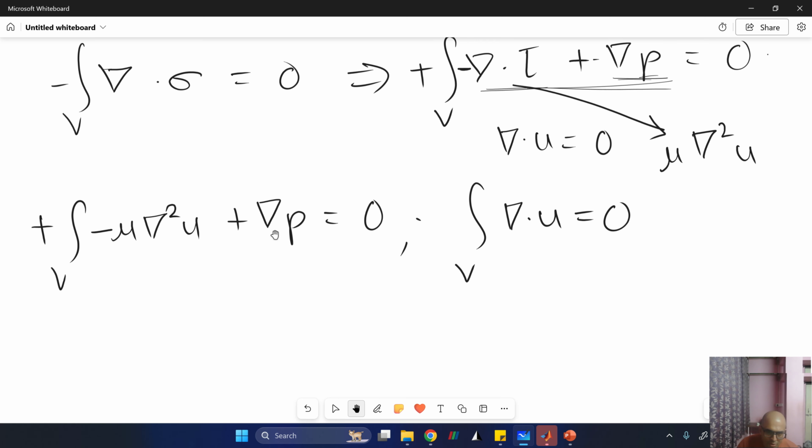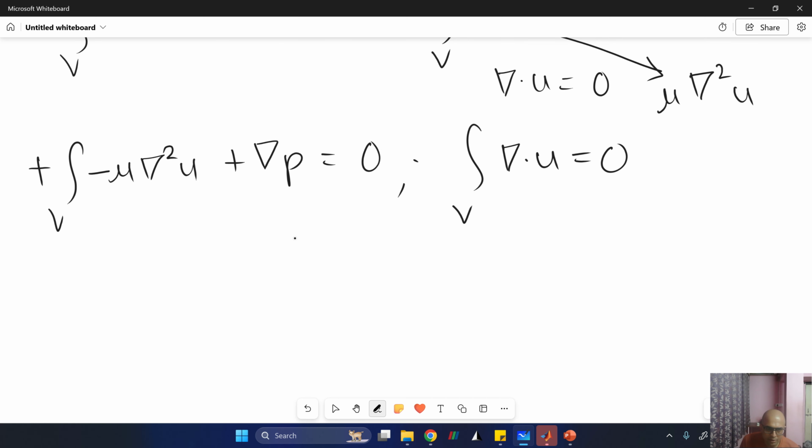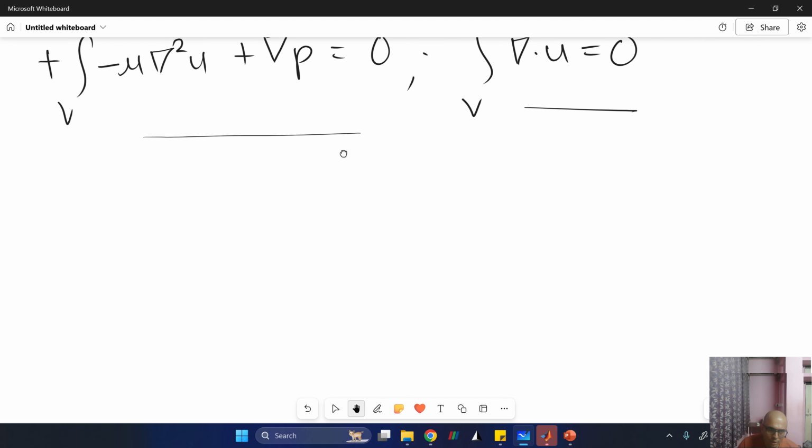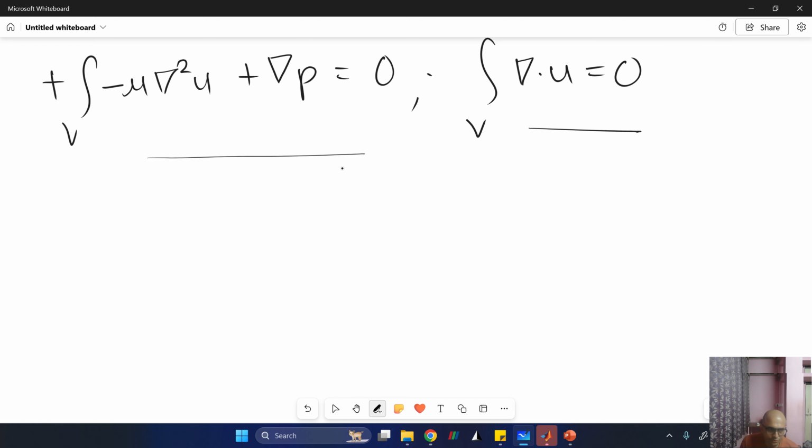So these are our two equations. Since this is a vector equation, we'll have to dot with a vector test function, and this is a scalar equation, so we dot with a scalar test function. So this equation we just dot with a vector test function v. So v dot